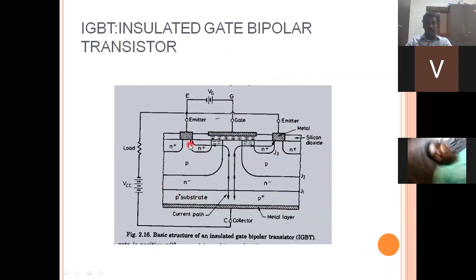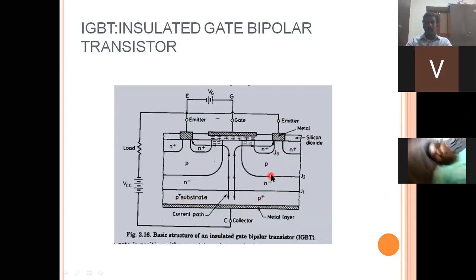In this case, you are going to have a metal contact providing the emitter terminals. These emitter terminals are going to be connected to the moderately doped p layers. Both of the moderately doped p layers are nothing but the emitters. And whenever you consider the collector here, the collector is going to be provided with a heavily doped substrate p layer.